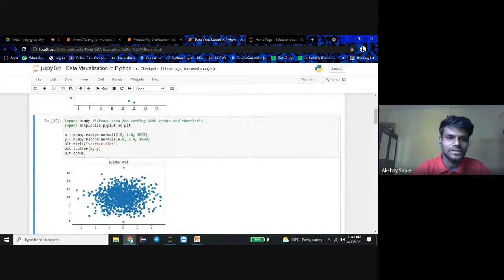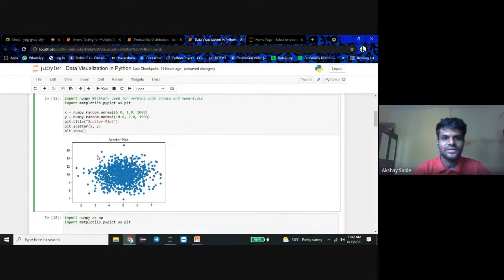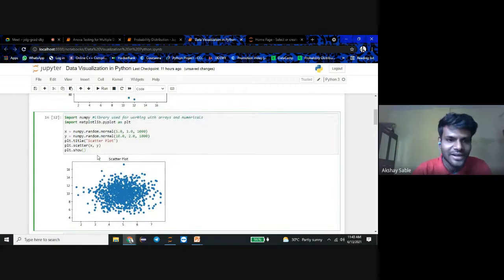The second one is a scatter plot for random values using the normal function. We print 100 dots in our program. We import numpy, a numerical library that works with arrays, and import matplotlib.pyplot as plt as shown before.